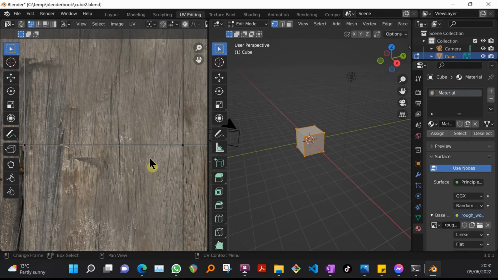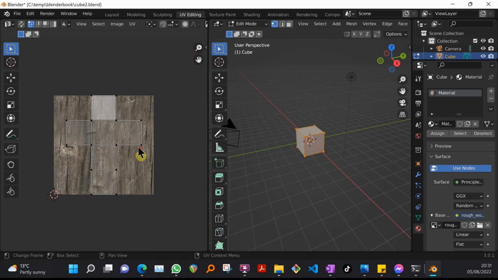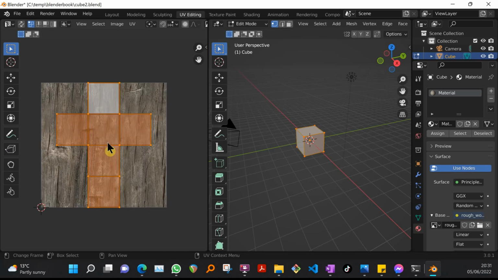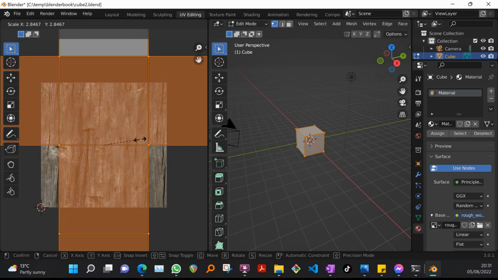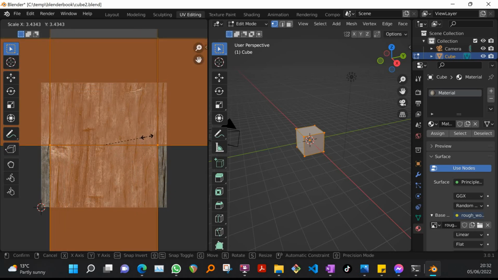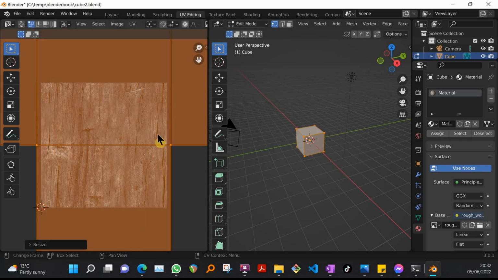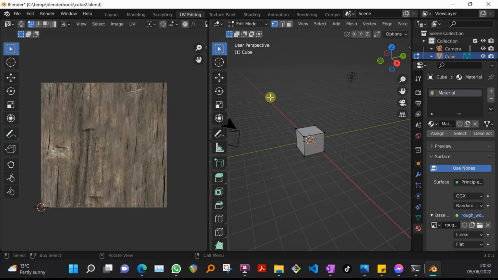So that's terrific. And what I want to do now is, on this left hand side, select all the vertices of this unwrapped cube, and I want to scale them. So if I click S, and I wasn't too sure about this at first, but I think I want the cross to be as big as possible. I'm going to hit return on that, come back to the right hand window, do a Z and a rendered,